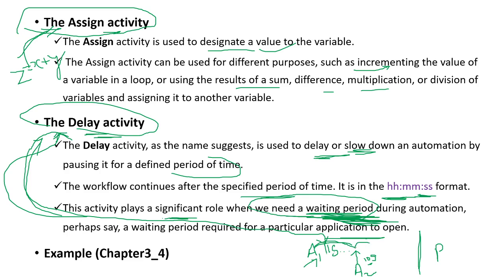Because at 10 seconds it will be ready, so you are waiting for 11 seconds. At the 11th second, A2 will be in a form where you can use it to complete the task or process P. This is the idea of delay activity. Clear? Okay, now we shall see an example for these two, and we shall continue with the additional concepts.